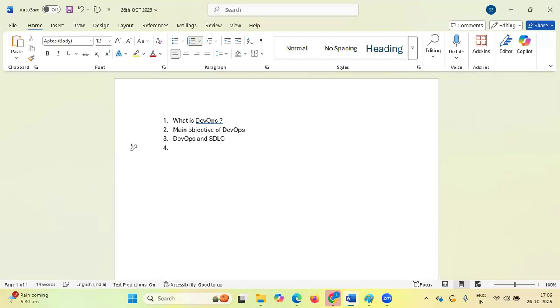Then we are going to discuss DevOps and SDLC. Then continuous integration and deployment. Then what cloud provider we are going to use in this particular training, and what is the trend in the market.